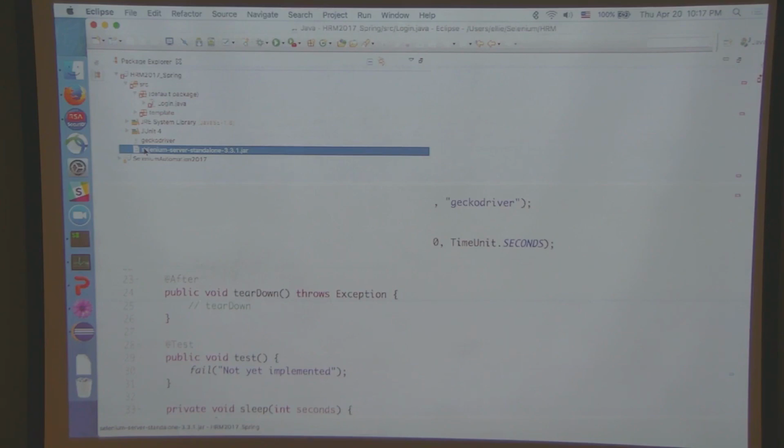Now, what I'm actually going to do right now, and again, this is my personal preference, I'm going to create a lib folder and put my jars inside. I'm going to create a lib folder and put my jar inside it. If you want to keep yours hanging out in your project like this on the top level, that's fine. All right? But like I said, I'm a neat freak. I like to put things inside folders.